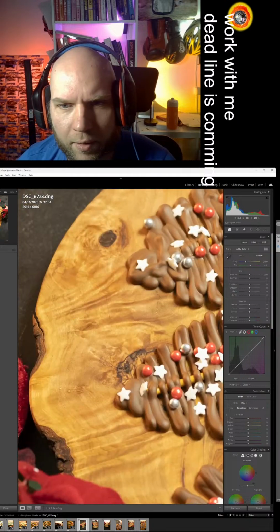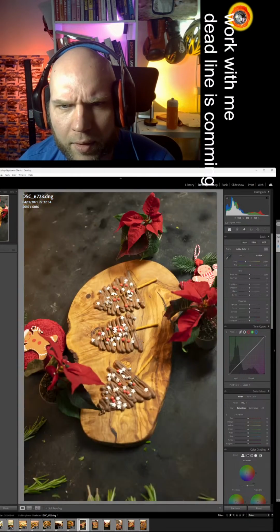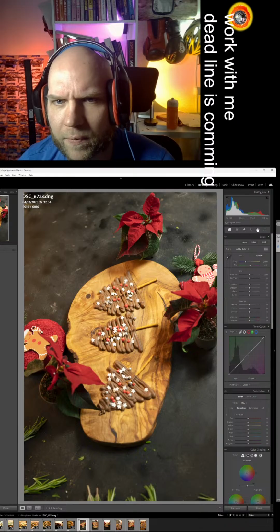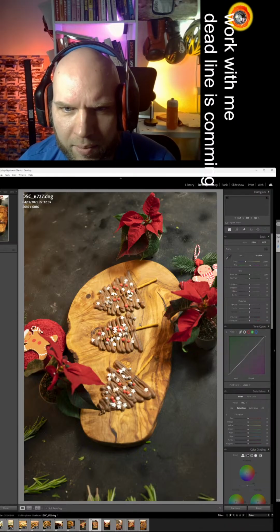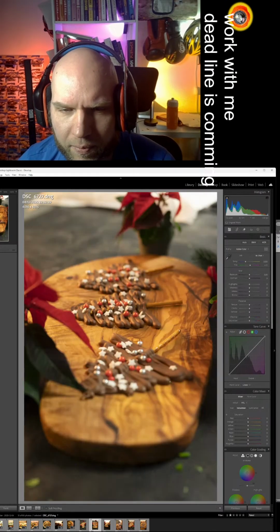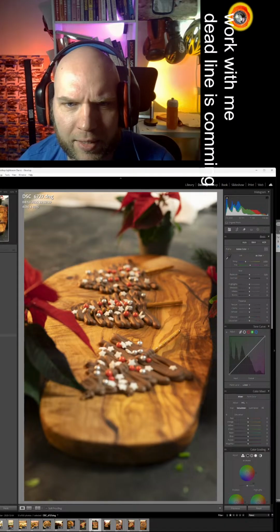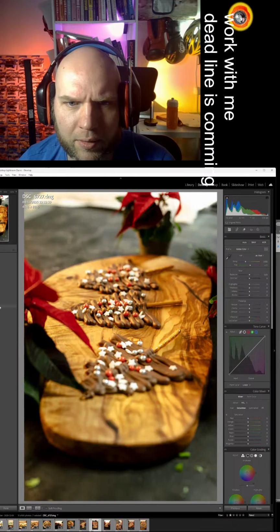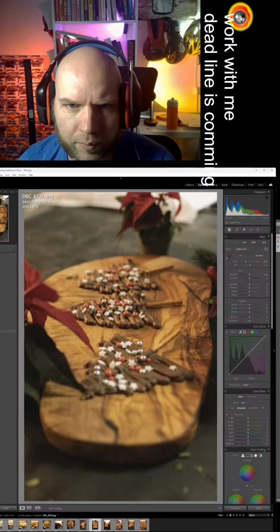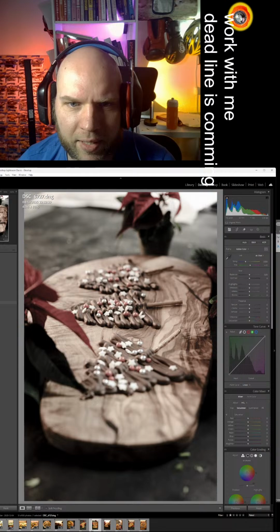Okay, over here are our trees. As you said, I need some photos in 16:9 as video, so let's keep a few photos like this, and we want to do that nicely and with Christmas colors.